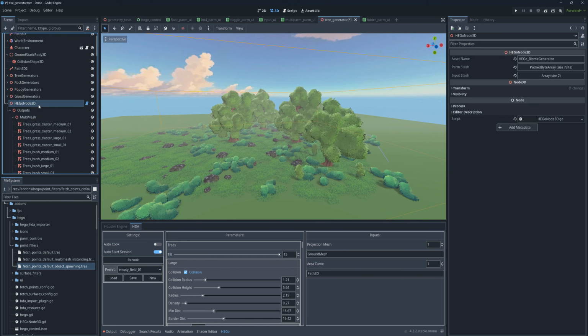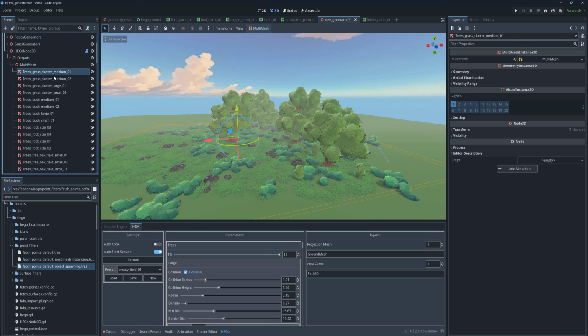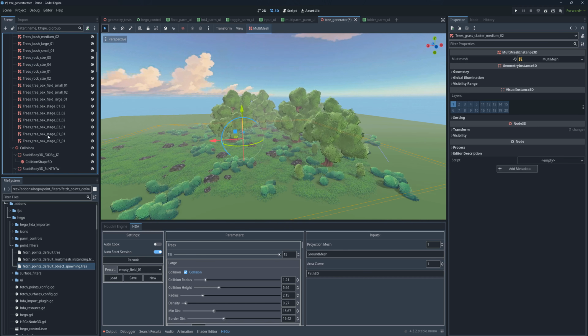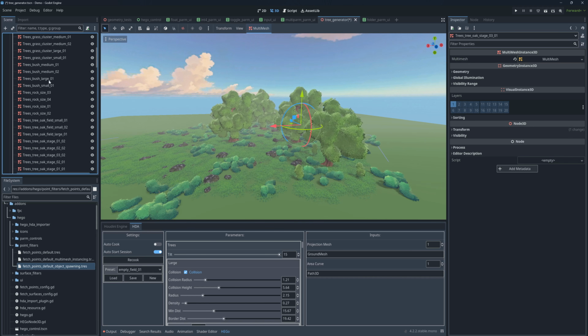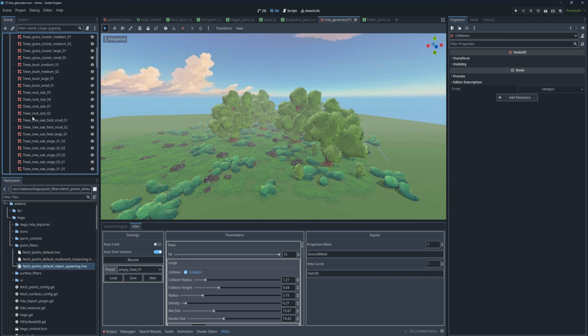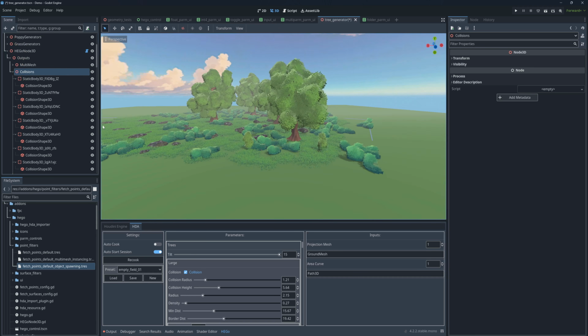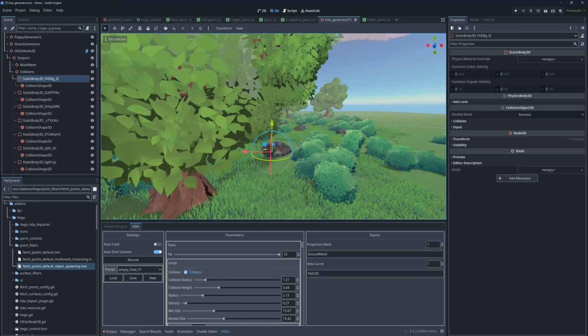So I have here the Higo node 3D. It generates an empty node outputs. Here it generates a multi-mesh, and then it generates a bunch of different multi-meshes that contain the different instances. And then over here, if I collapse this, you can see it also generates this collisions node 3D, and under there, it creates a bunch of static bodies,